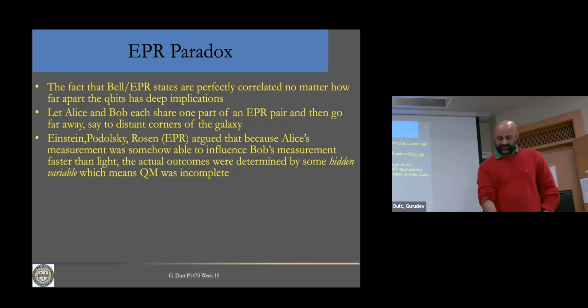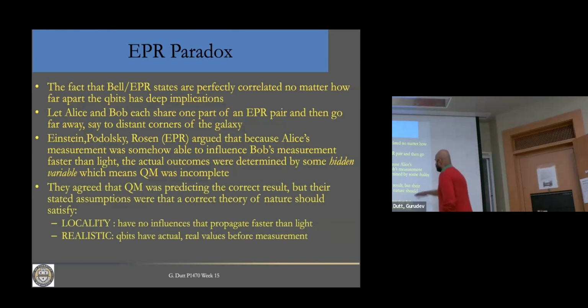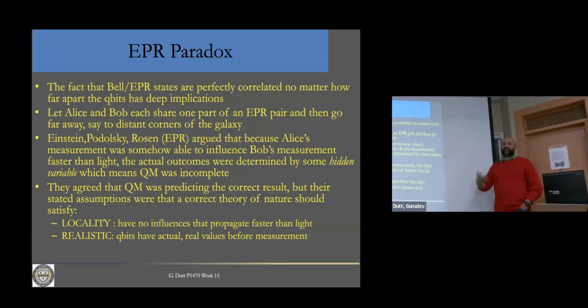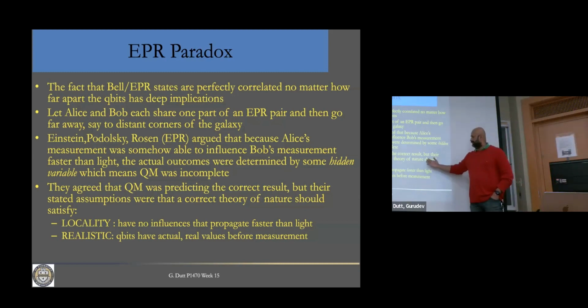That's what Einstein's thought was. So the outcome of this paper at the time was just a paradox. The paradox being that quantum mechanics was predicting that one of these outcomes should happen, but there was no way to really understand whether that could be true in a theory that they thought every theory should satisfy, what is